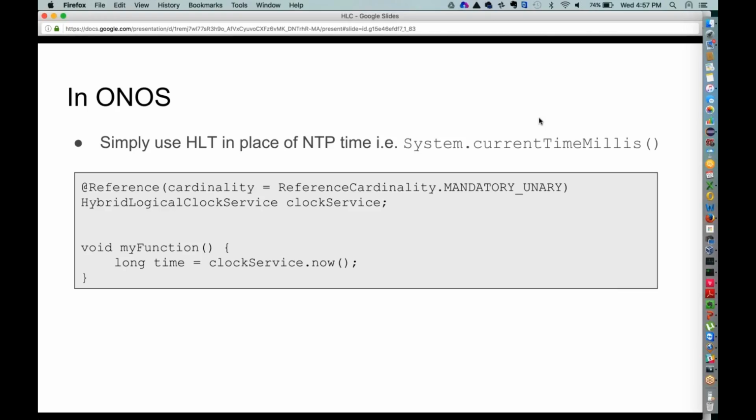Madan: We use the HLT, not NTP, because it can represent a bigger range of values. Not necessarily a bigger range, they're both 64-bit values. The benefit is that with HLT, you also get ordering information. Meaning, you can take two HLT values, and if you have two events and each event has a corresponding HLT value, you can use those to order those events.